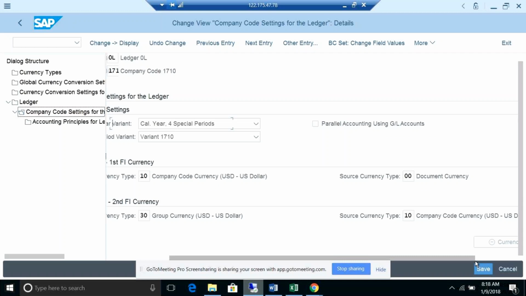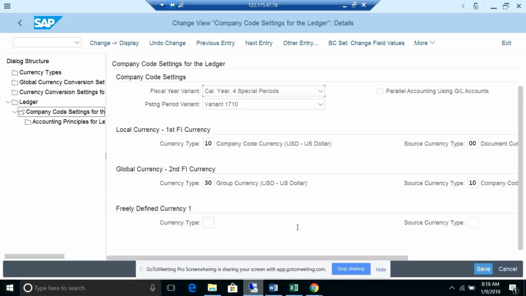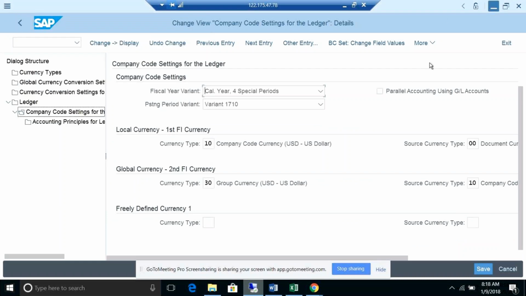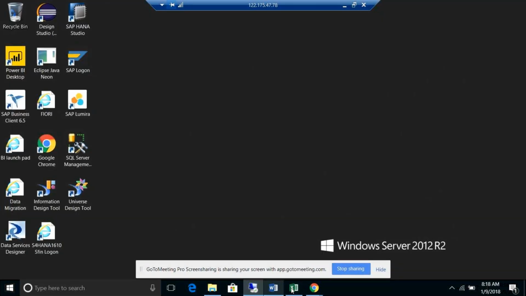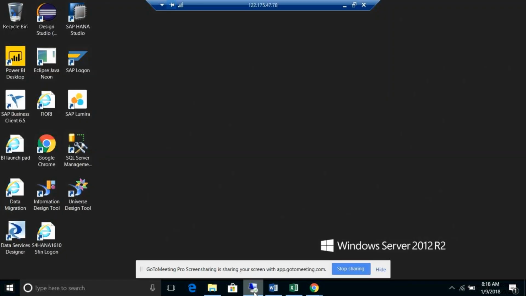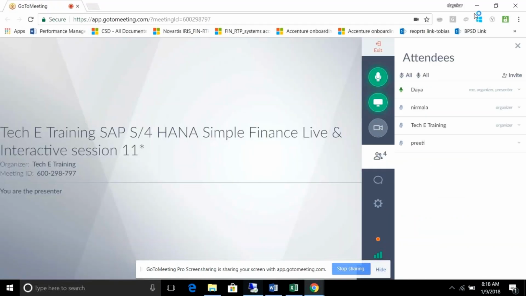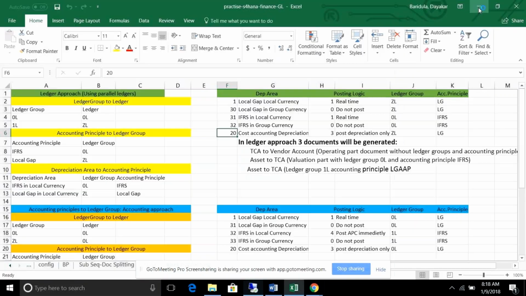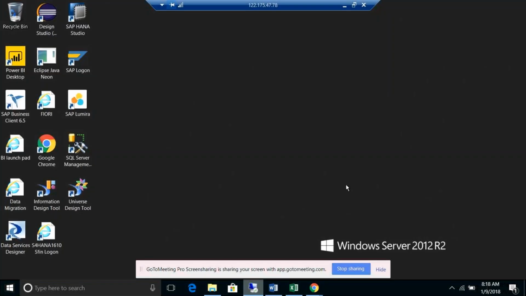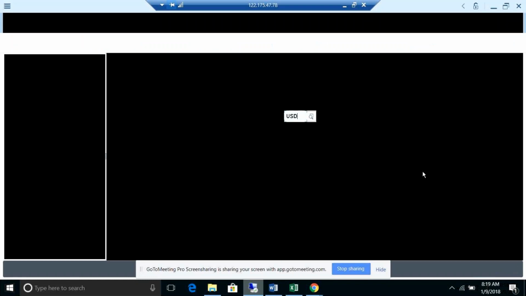We can define the third currency here, and in the same way, again we need to define one more time whatever currency requirement you have, with that naming convention, and we need to maintain one more currency here.